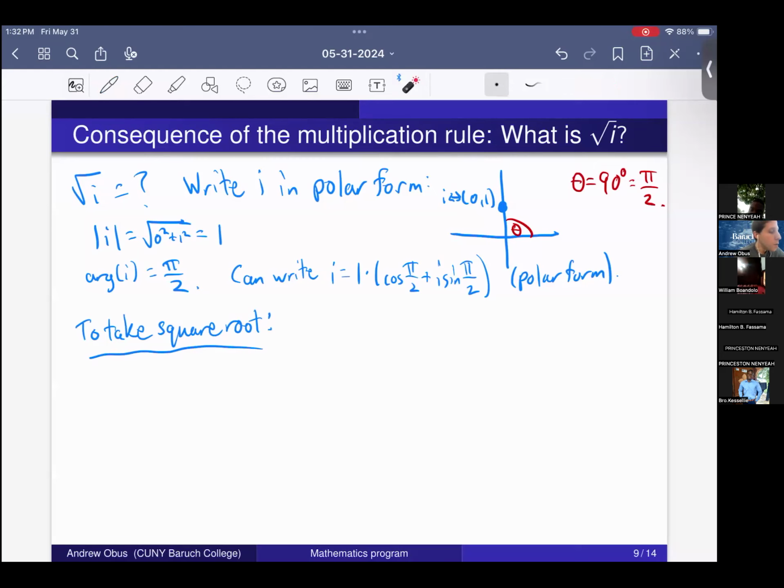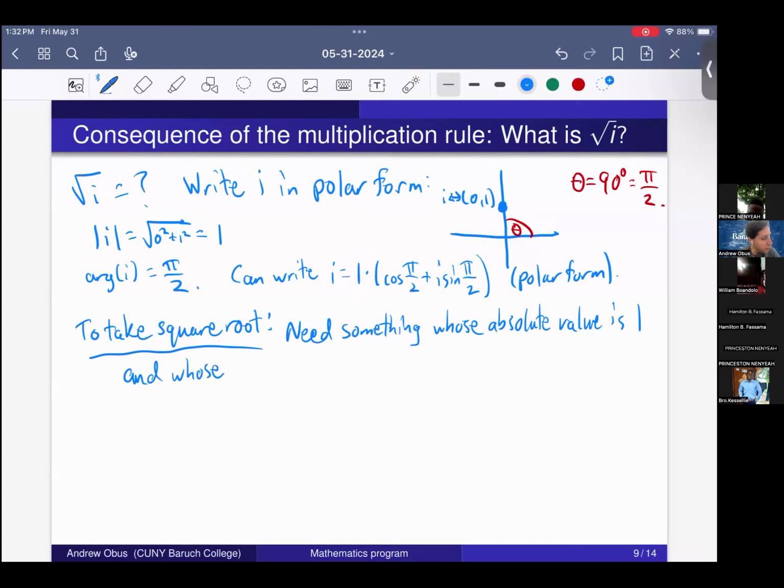Well, you want something that when you square it, you get i. So you need something whose absolute value is 1, because it has to square to 1,